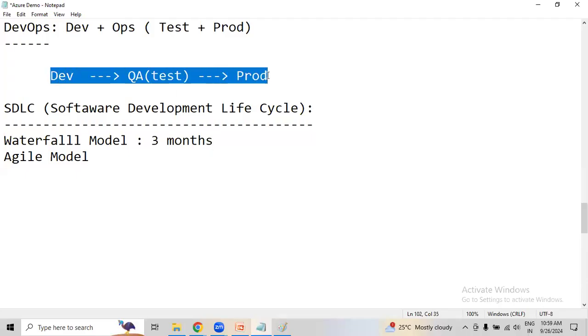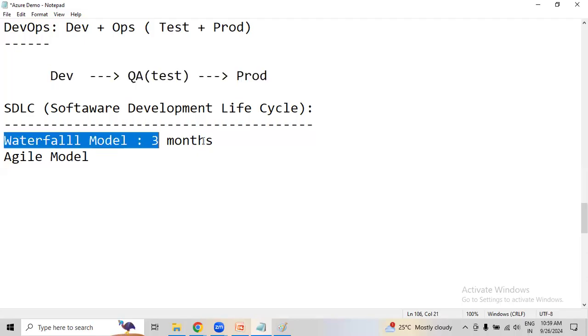In these 3 months, many new applications came into the market, new versions, and new requirements from the client. There are many obstacles using the waterfall model. Are you able to follow me? Yes. But when you come to the agile methodology, the developer is going to list out all the features,